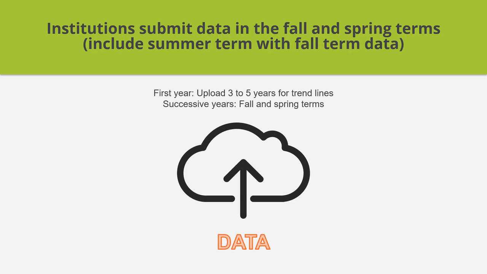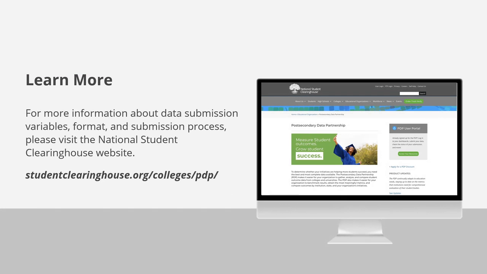establish trend lines. After that, your institution will submit data twice in an academic year, once in fall and once in spring. The fall submission reports data from spring and summer, while the spring submission reports data from the fall. If you would like more information on the data submission process, please visit the PDP page on the National Student